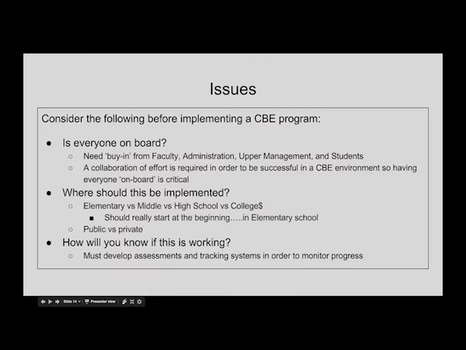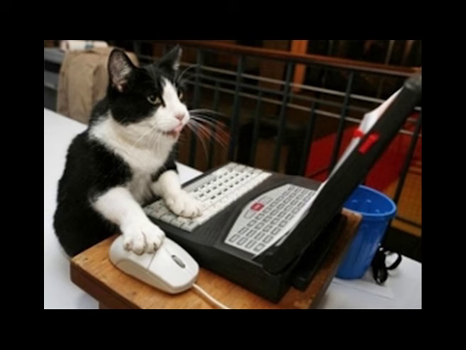Lastly, one of the biggest factors to determining whether or not a CBE program will work is whether or not the students can complete the competencies for the course and thus accomplish the learning objectives. This testing is completed through assessments. Assessments test a student's knowledge, skills, and abilities by determining if they have met the objectives and can, in turn, complete the competencies of the course.